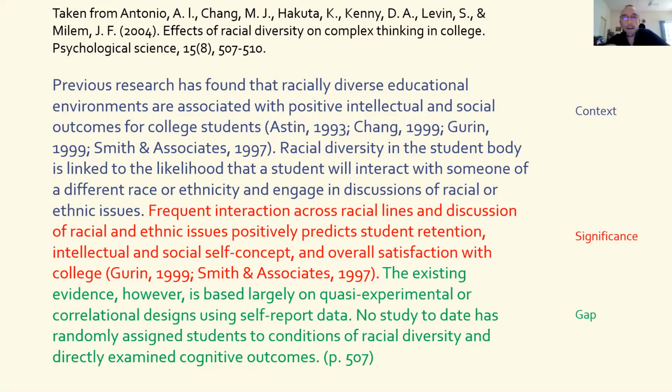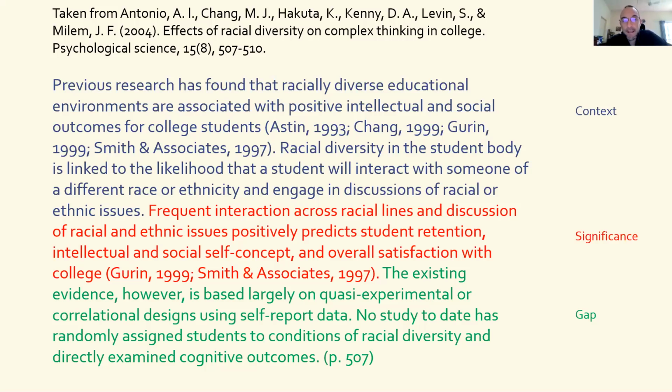Okay, so here we can see context. They basically reviewed literature for us in a couple sentences, okay? So you basically summarized the whole body of knowledge in just a few sentences, okay? That's a good problem statement, where I can just read a few sentences and get a very strong sense of what is in the literature, all right? Now, to do that, you have to review a lot of literature and you have to make a determination. You have to draw a conclusion about that literature, okay, on your own.